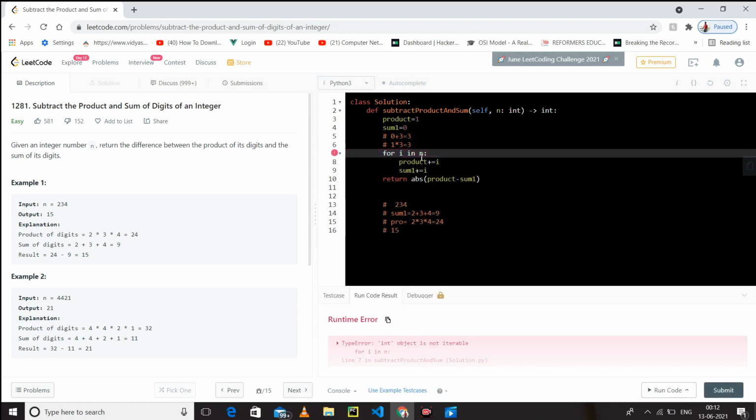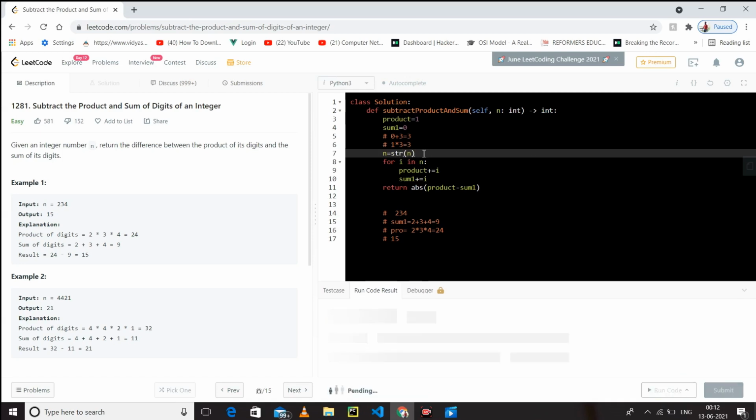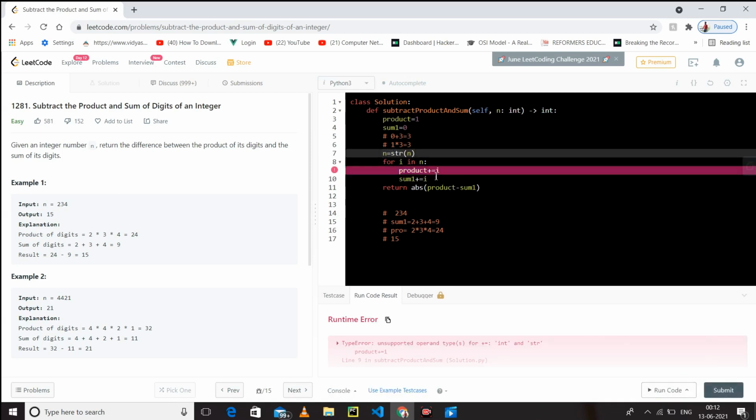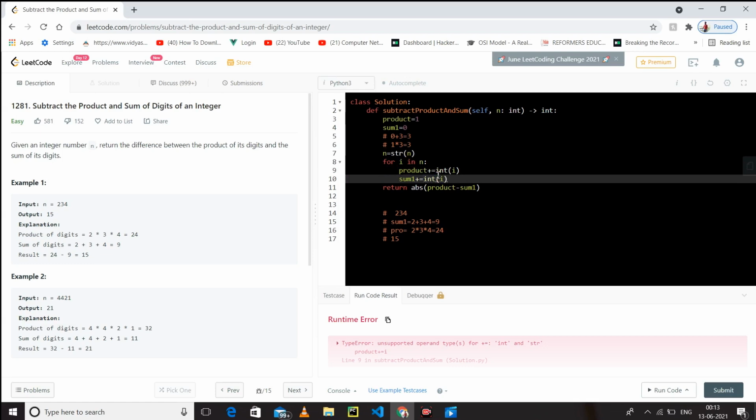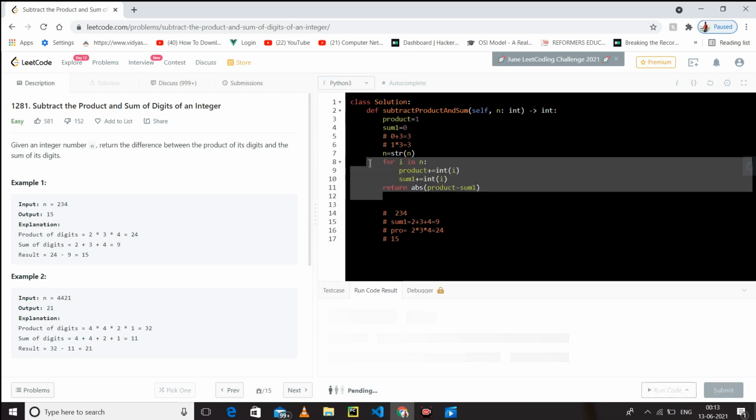Sorry, so we have an integer. So first we could change n into string of n, and then we can change each character into int, and this is our first solution.